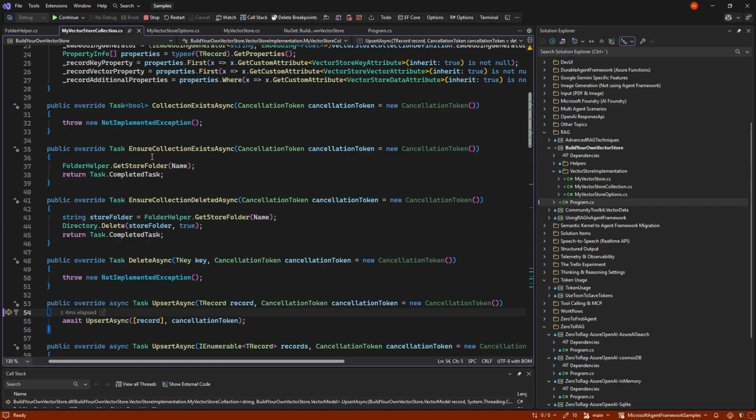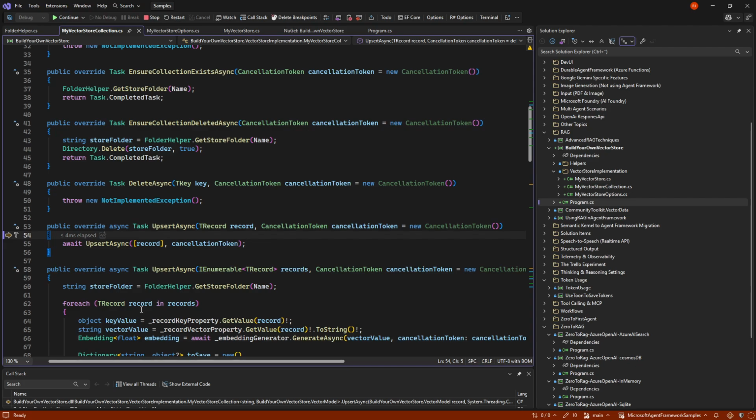So let's go in and see how that is implemented. Behind the scenes, there's actually two upserts. There's one for an individual record and one for multiple records. In our case, it's easier to just keep all implementation details in the multiple one. So it's essentially just calling the other method.